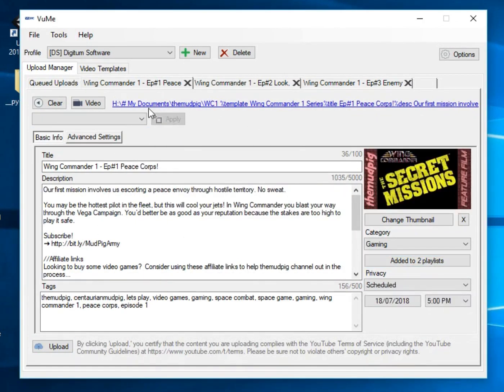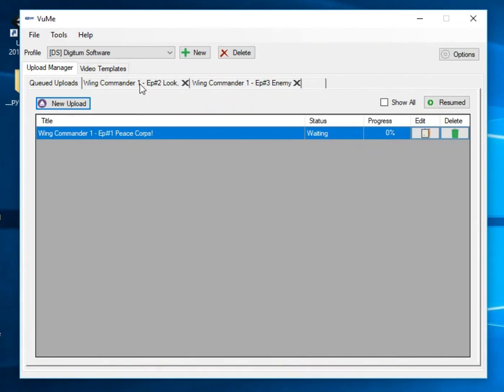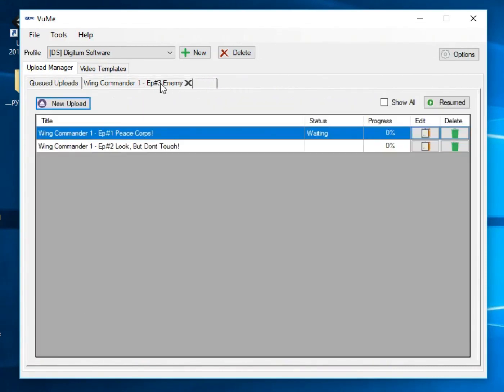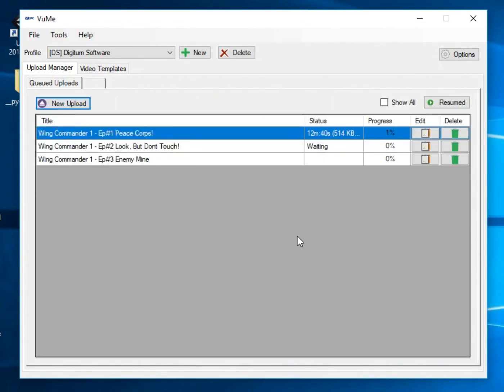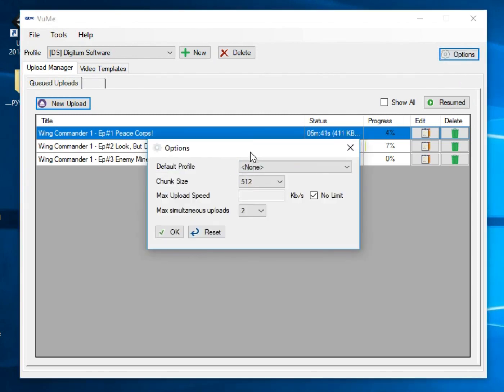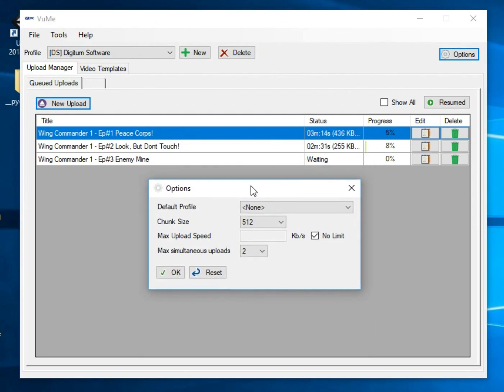So we'll just do it in order. So upload. See, that's there. Upload and upload. And then you can see that we'll get a bit of a status saying what's going on. We're waiting, and then we can see the videos are uploading. And while they are uploading, there's a good opportunity to just show the options panel, which basically when you first